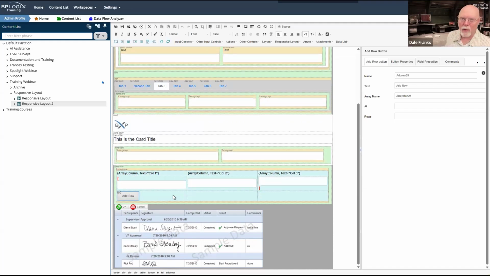I know that in a regular ProcessDirector form, it's going to appear in that expected location. I don't always know that in Bootstrap, so it's always wise just to hard code the placement inside the table. I would also say that if you're going to be using the responsive layout controls, the array is the only time in which you will use a table to determine the layout of controls.